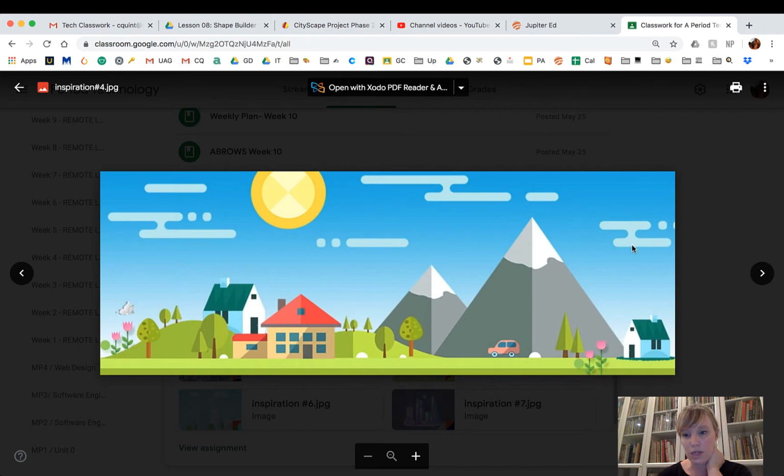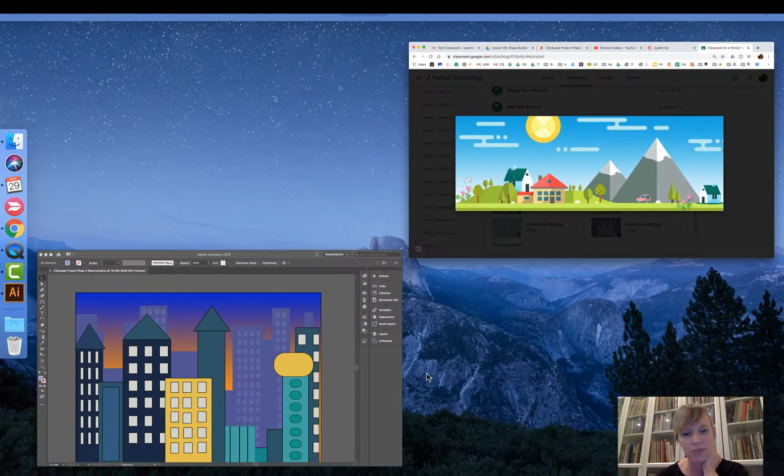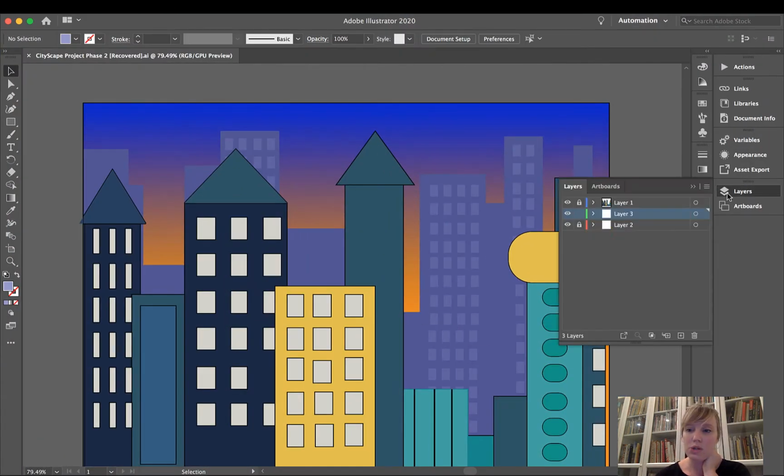This cloud right here is a nice compound shape as well. So I'm going to show you how to use that. Look at the nice coloring techniques to make it look more three-dimensional in this one. This one's interesting. Okay, so in order to do that, what I'm actually going to do is lock this layer down,